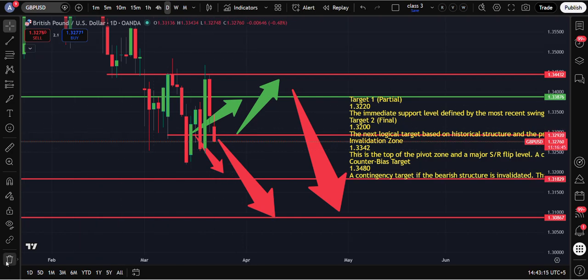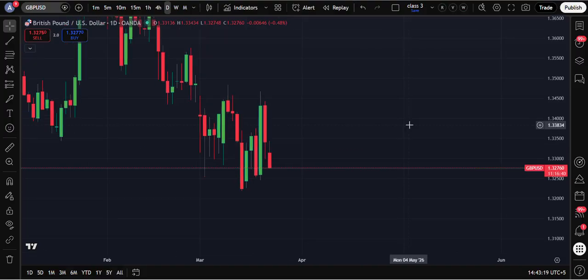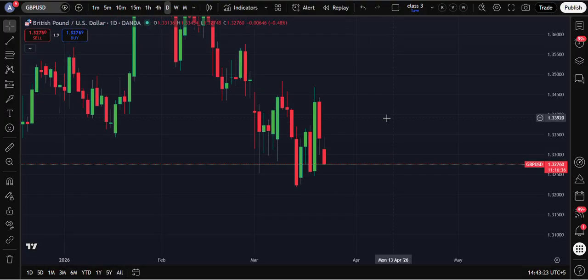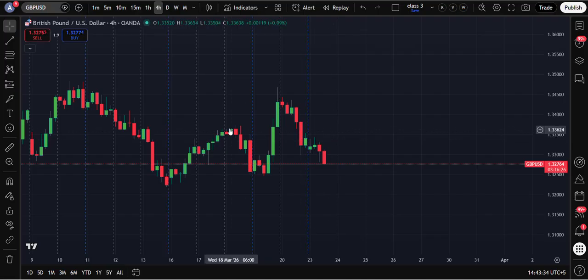So the question remains, what are we going to do this week? I did not do a weekly analysis yesterday, so I'm going to do both a weekly one, then a daily one. Obviously, in my context, if I drop down to the 4H I get much better support and resistance.